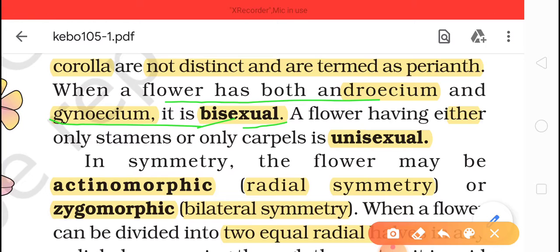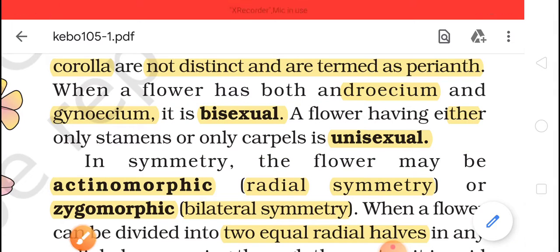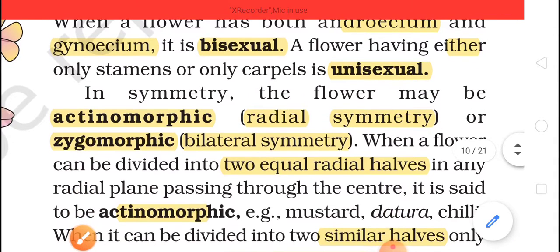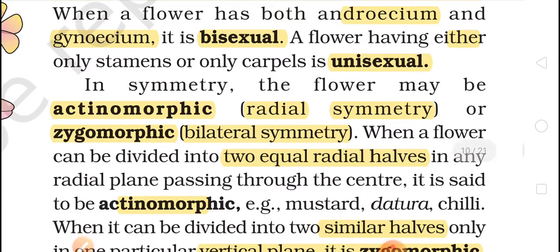Next is unisexual. A unisexual flower has either stamen or pistil, either the male or the female part, and this is called a unisexual flower. Clear? Now if we see the symmetry of the flower, two types of symmetry are found